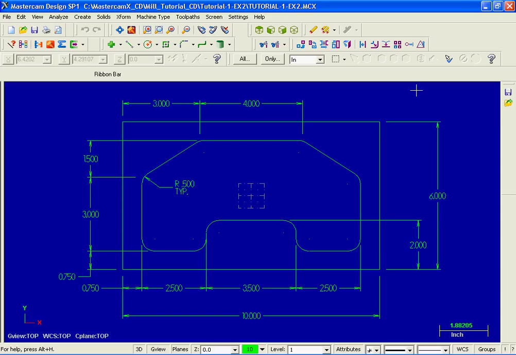Hello and welcome. In this video segment we'll create the geometry for Tutorial 1 Exercise 2. The drawing for this exercise is at the end of Tutorial 1. On the screen is the completed geometry. Shortly I'll create a new file and start at the beginning, but before we do, let's review the finished geometry